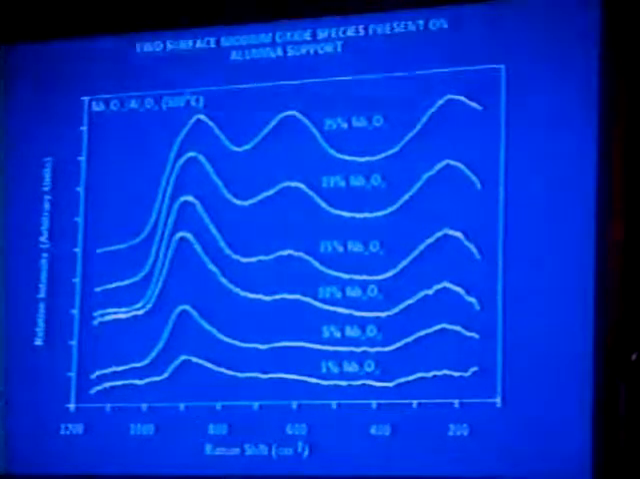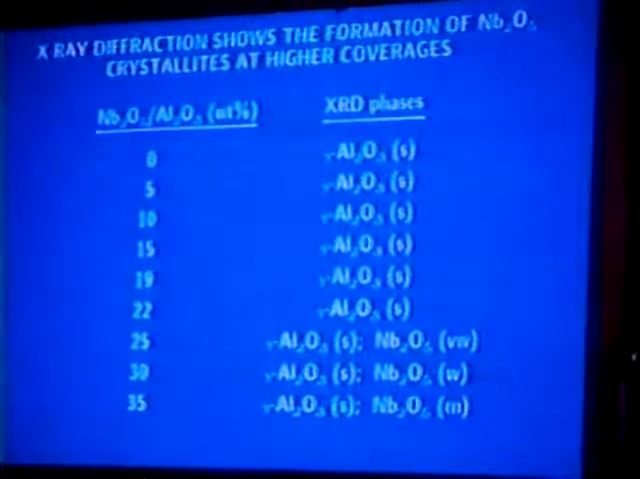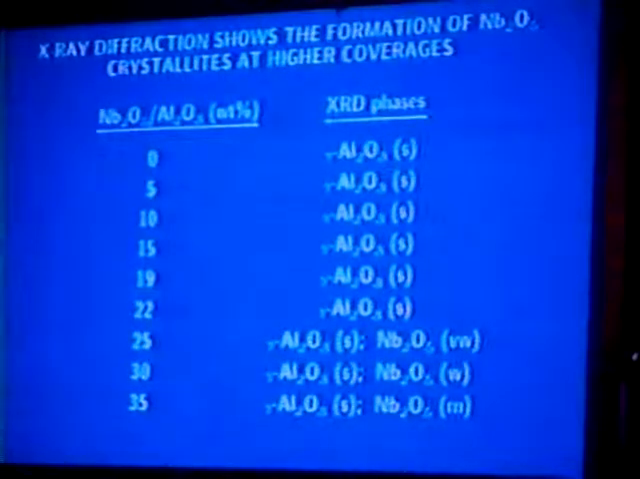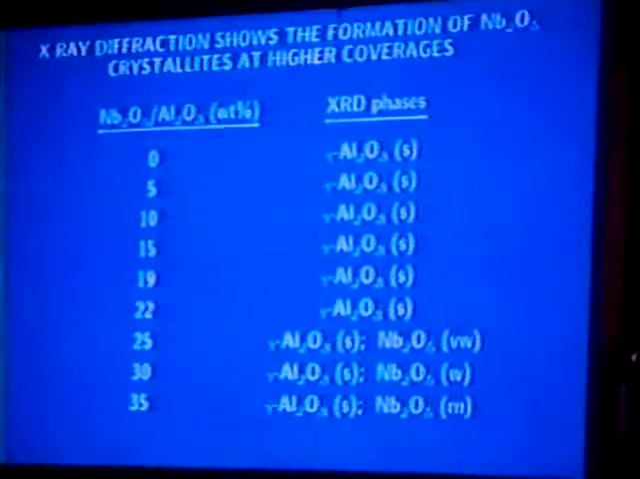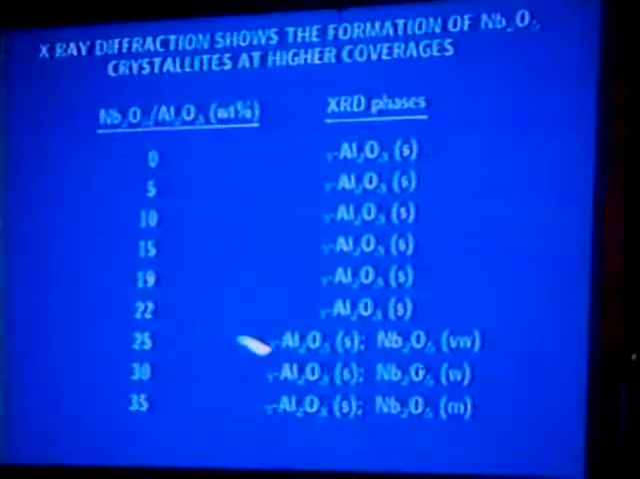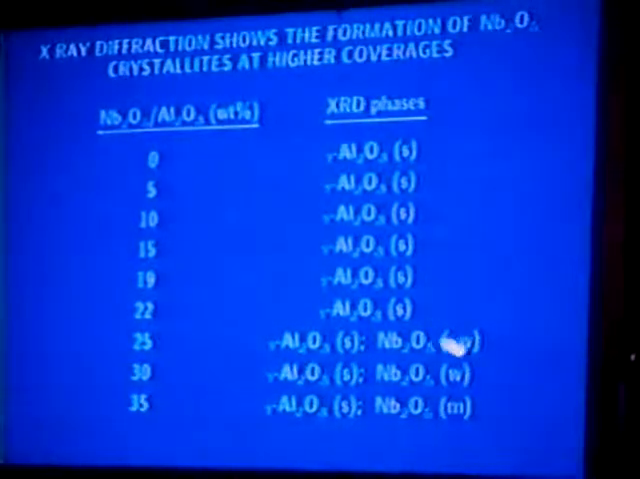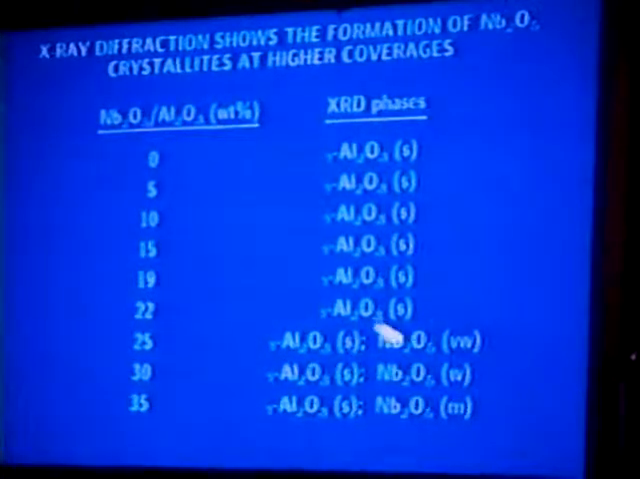We also have some X-ray diffraction data. The X-ray diffraction data show that at high loading of niobium on alumina, around 25%, we see very weak niobium phases start to appear. We further increase the loading, and the intensity of the Nb2O5 phase increases. At low loading, we only see the strong alumina phase. There's no Nb2O5